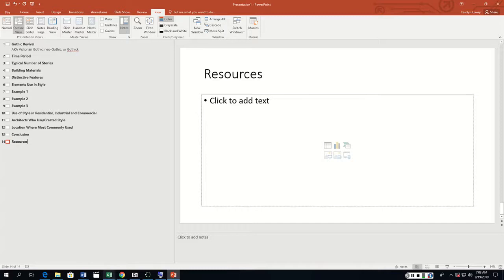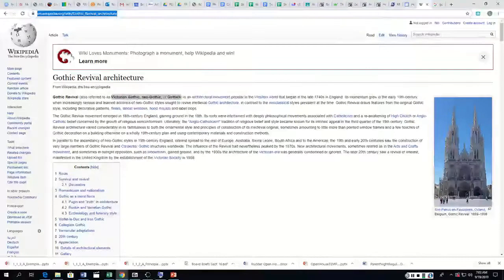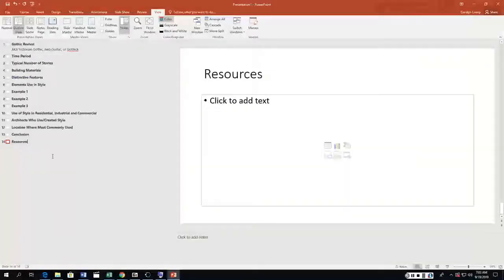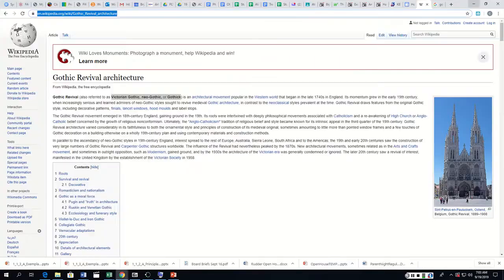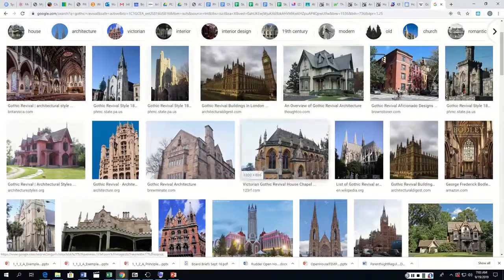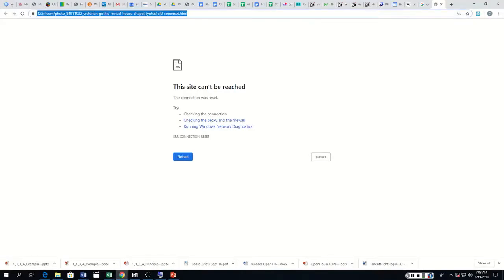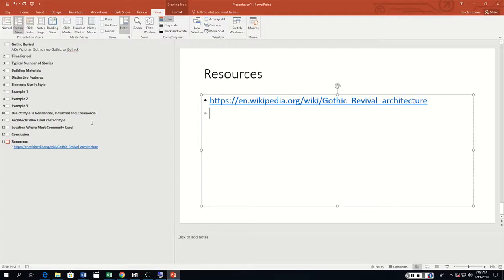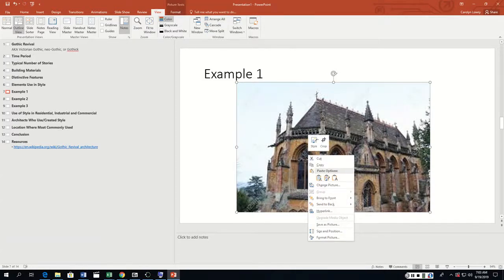And as I go to Wikipedia, go back here, go to Wikipedia, I'm going to go ahead and Control C, go back over here to resources, Control V, enter, got that in there. So anytime, and now I need to go back to the picture and click on it and click through to, oh, it won't let me click through. Actually, it did. Even though it doesn't show it to us, it gives me the link. Control C. And one of the things that you could also do is that you could go back to example 1, and I can right click and put format picture,